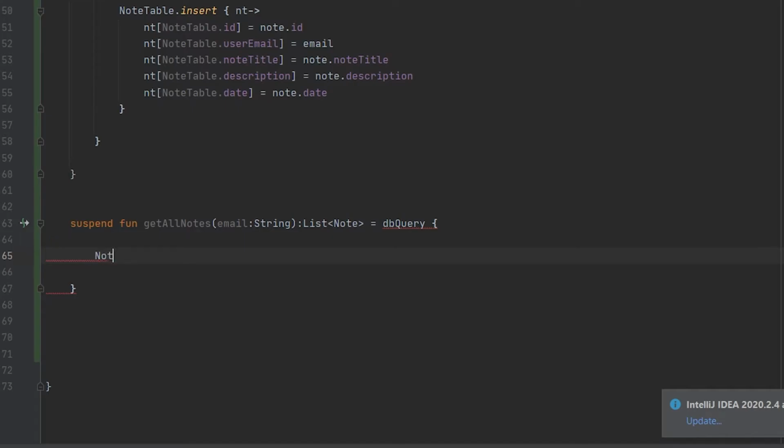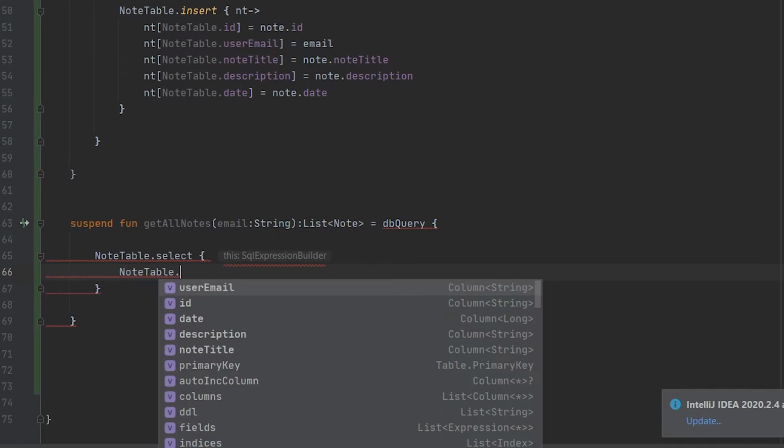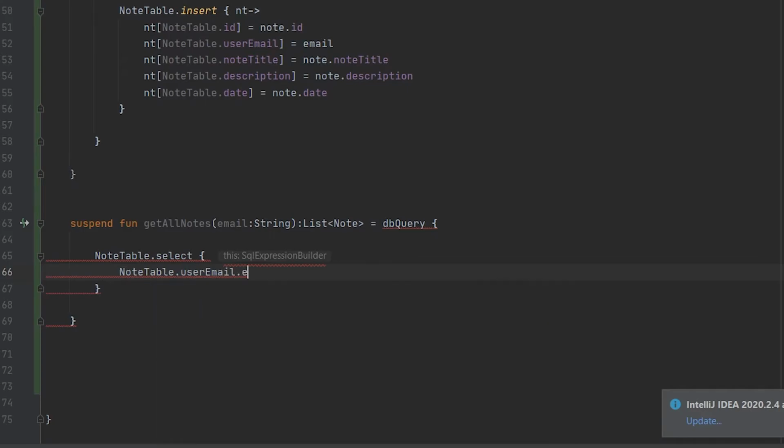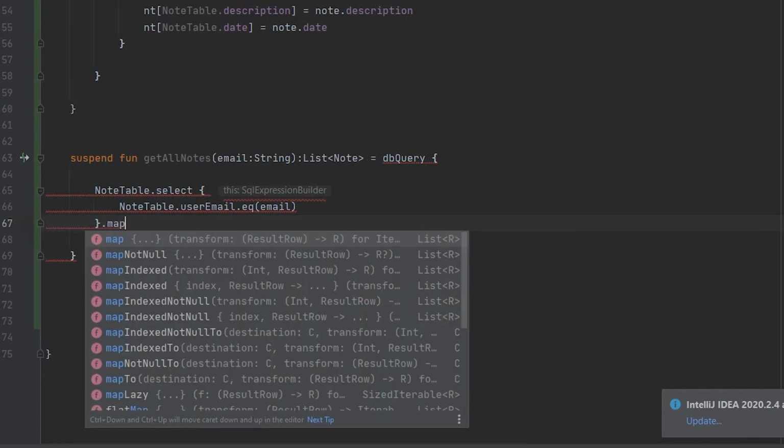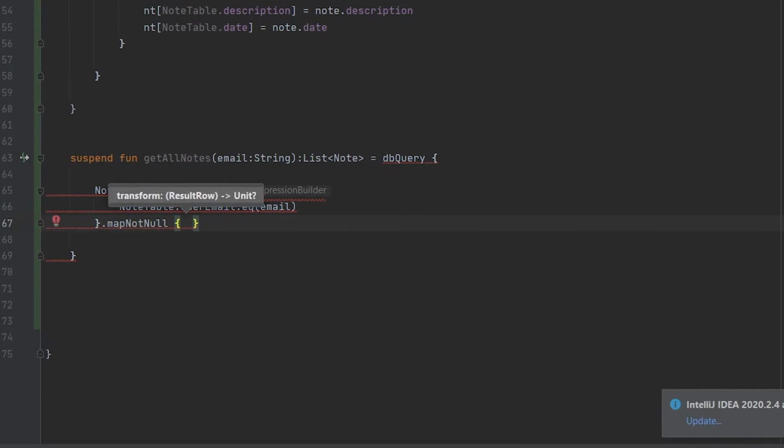Here we have to write a select query, that is nodeTable.select, and here we have to pass the condition to get all the nodes which are created by this email id. So nodeTable.userEmail equals this email, and then call a function that is mapNotNull.